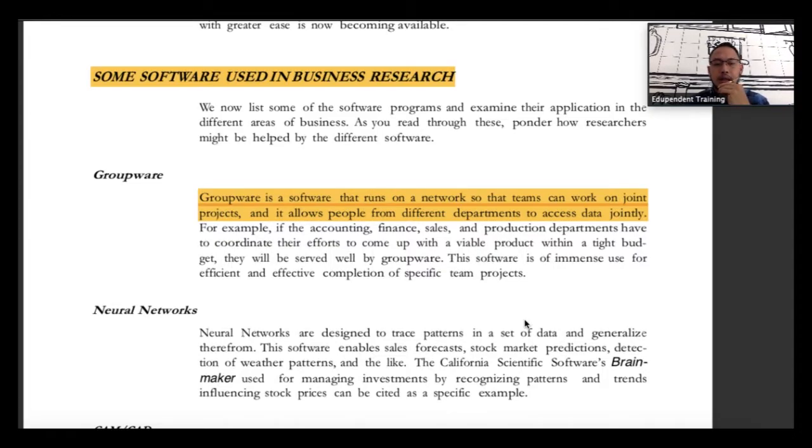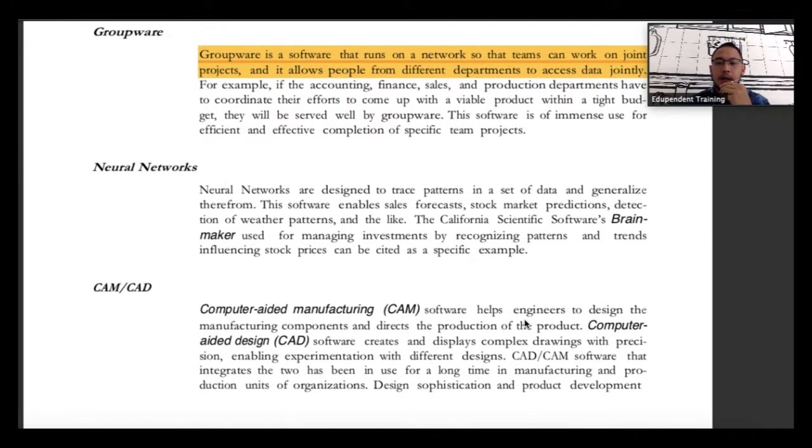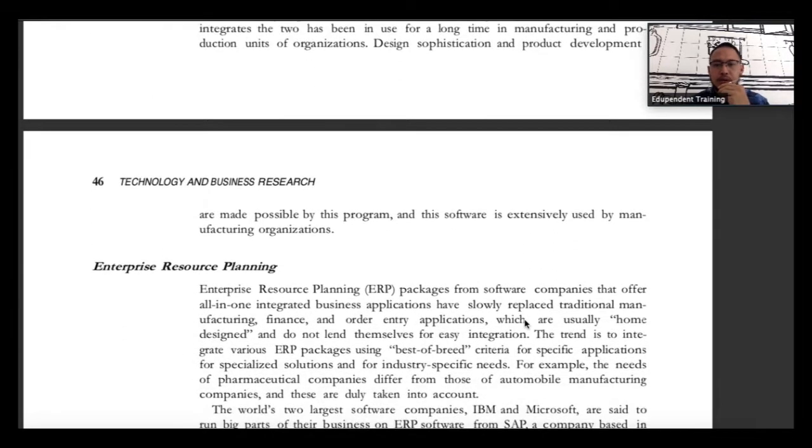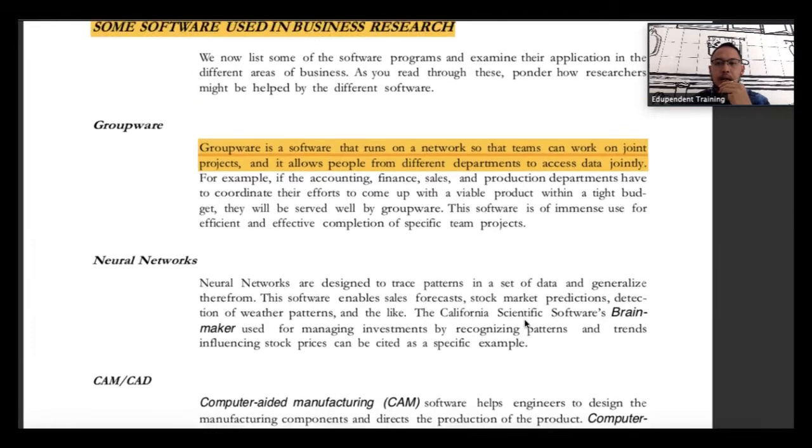But yes, there's a possibility that we are going to use neural networks to help us, in a very narrow definition, like Brain Maker software, also the logical function in Excel. There are also neural networks. Computer aided manufacturing, I'm not sure we are going to use.